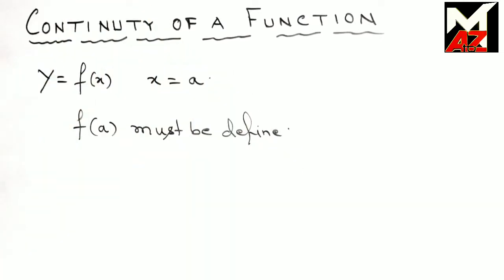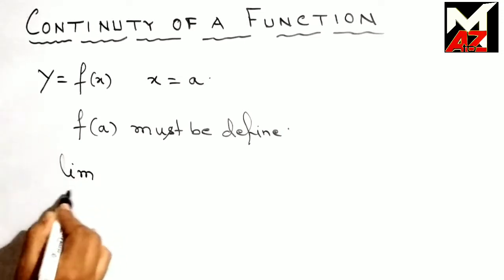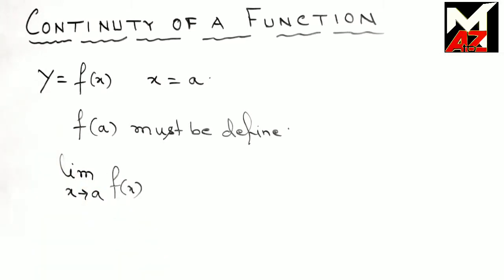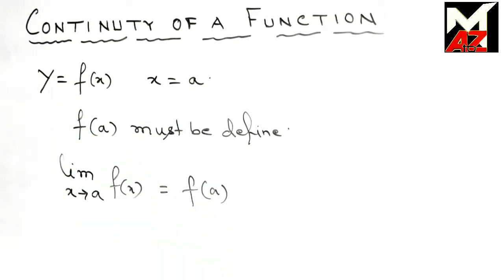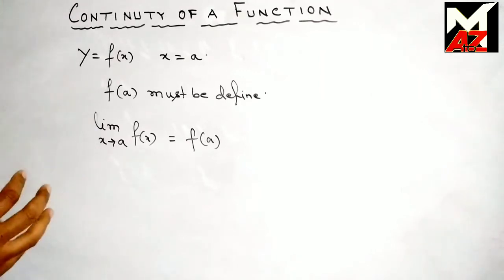And f of x is said to be continuous at x equal to a if the limiting value, that is limit x tends to a f of x, and the functional value are the same. Then we say that the function f of x is continuous at x equal to a, and we give this definition in another way as: for